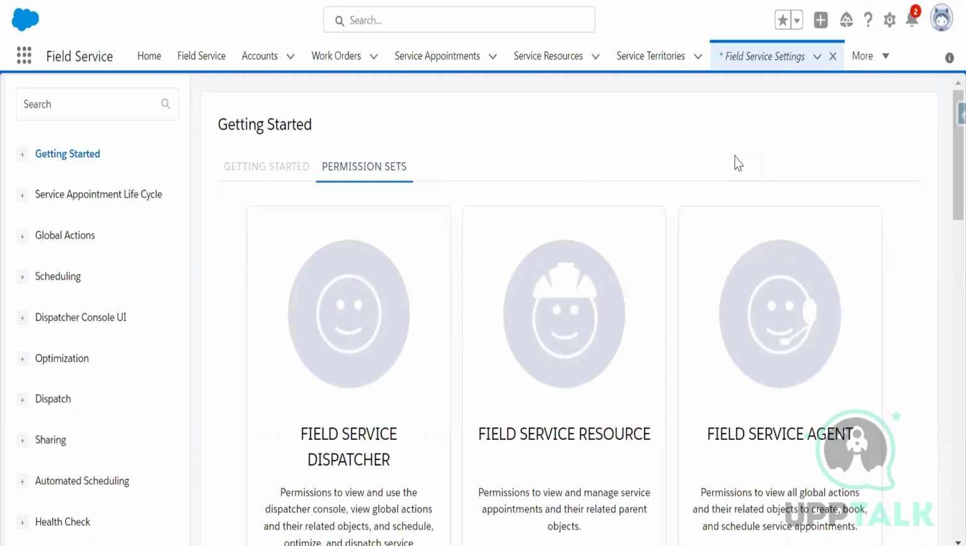Now you have to assign the permission set. In your developer org, you will be performing activities like a field service admin. So now you are a field service admin. To perform the field service related activities, you need to assign yourself the field service admin permissions. That is mandatory. So if I go here,